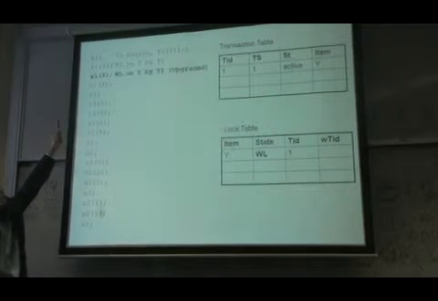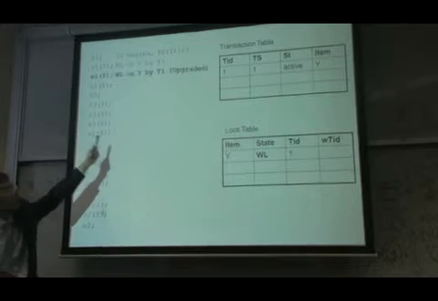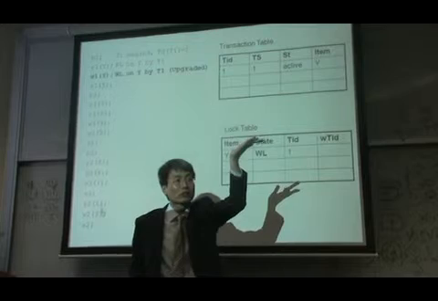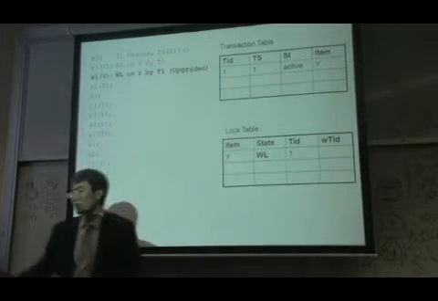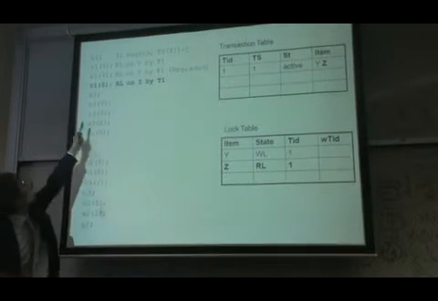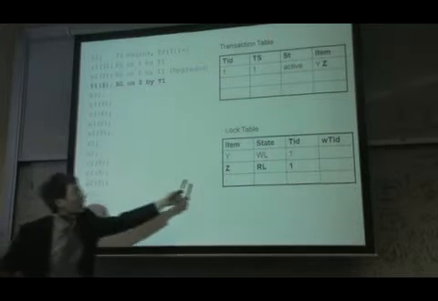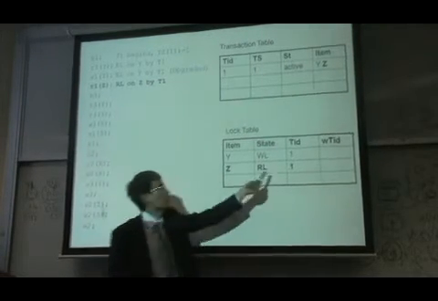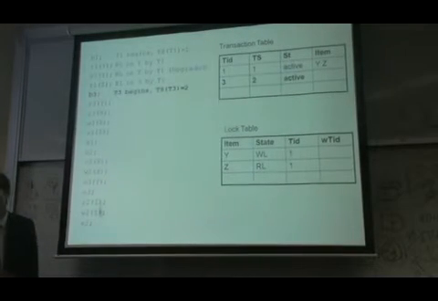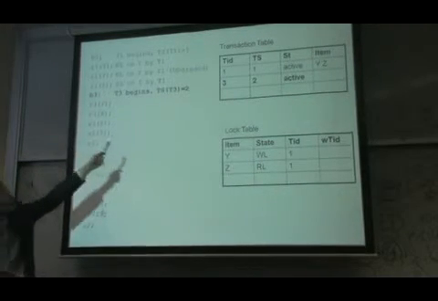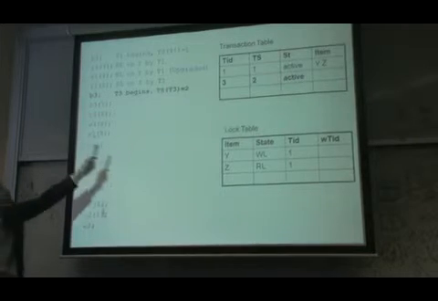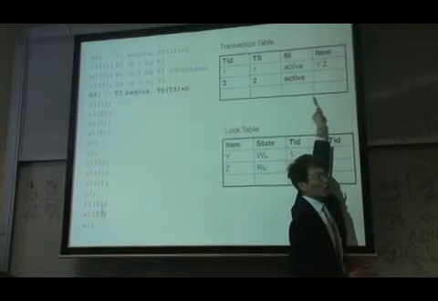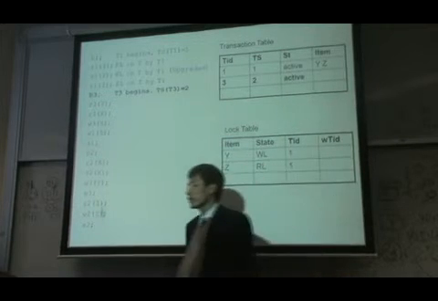Next, transaction 1 tries to write the data. That is the write lock. It's an upgrade of the lock, a promotion of the lock. Then it reads the data item Z. To read the data item Z, you need to get the lock. So far there's no problem. And then another transaction starts. Transaction 3 is active, and you also need to keep track of the data item owned, shared, locked by the transaction,